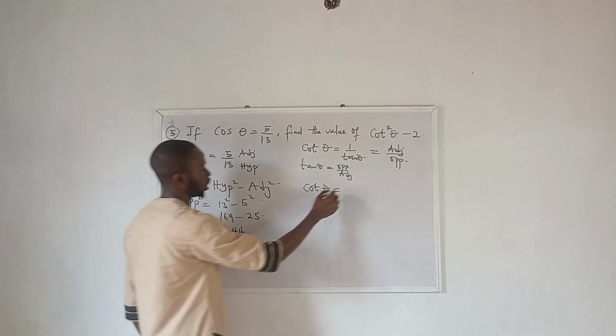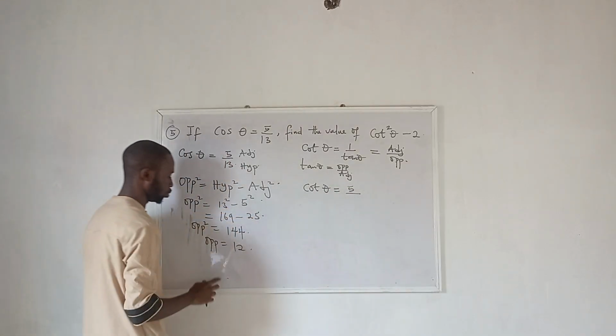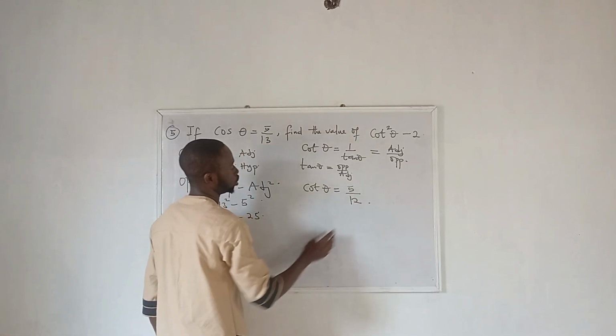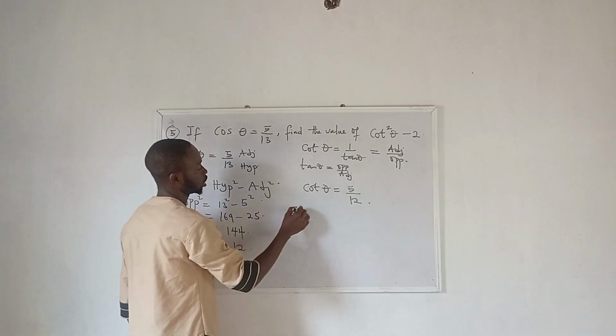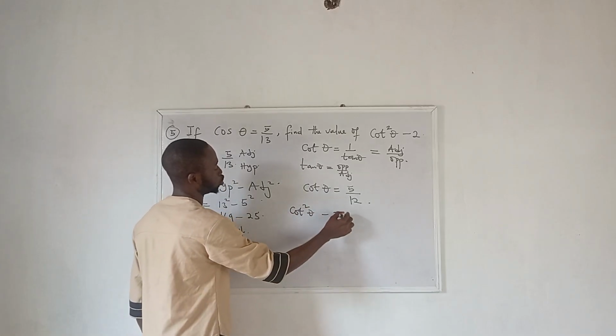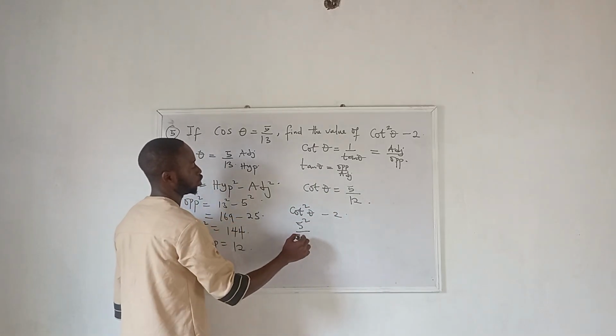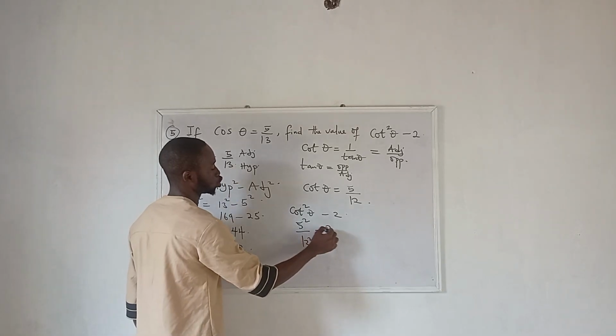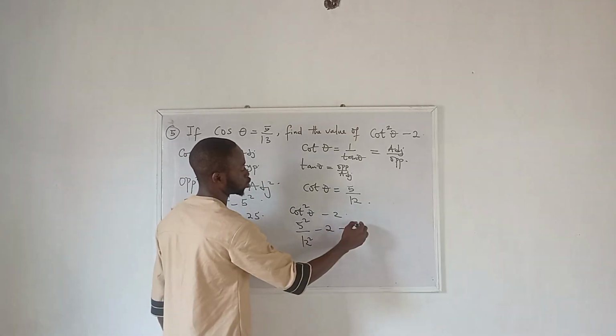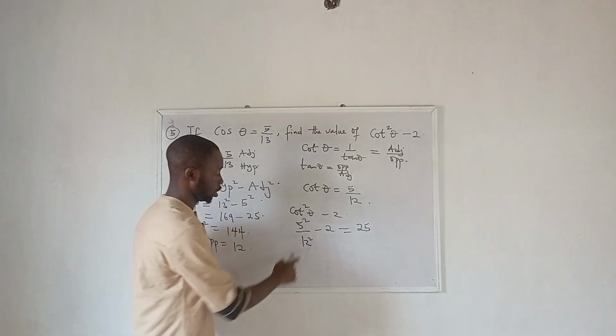From here we know adjacent is 5 and our opposite is 12. So next we need to find cot squared theta minus 2. So cot squared theta will give us 5 squared over 12 squared minus 2. So that should give us 5 squared is 25, then 12 squared is